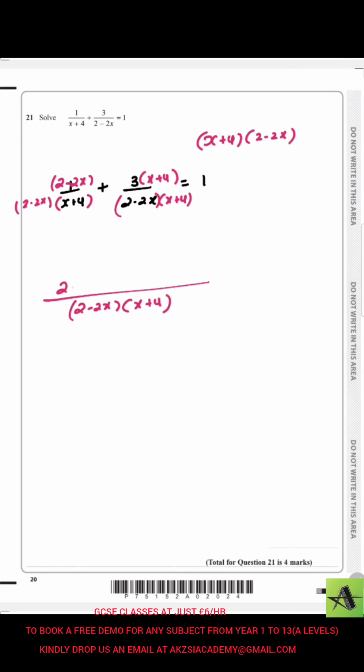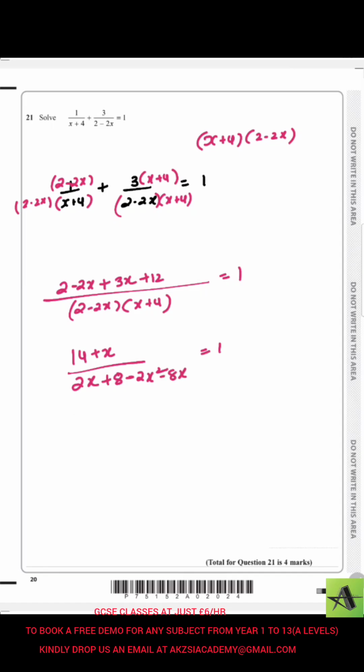So up there it's 2 minus 2x plus, expand it, 3 times x is 3x, and 3 times 4 is 12, equals 1. So 2 plus 12 is 14, and minus 2x plus 3x is plus x. And then expand this one, so 2 times x will give me 2x, 2 times 4 will give me 8, minus 2x times x is minus 2x squared, and minus 2x times 4 is minus 8x, equals 1, which then